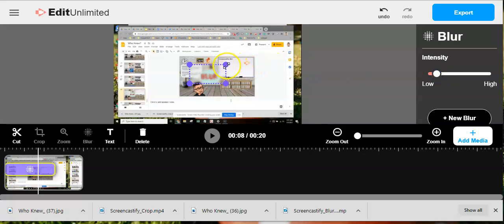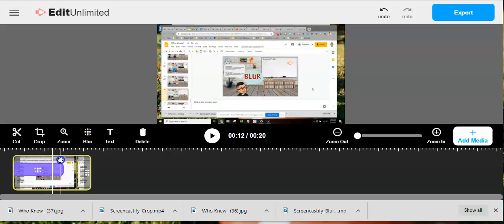Let's also adjust the location of the blur. So I just want to obscure a little bit of my screen. I don't want to obscure the whole thing. I want to get it just right. Maybe we'll do an activity where students have to guess the word. And again, this can be for the duration of your video. If you move the slider around,